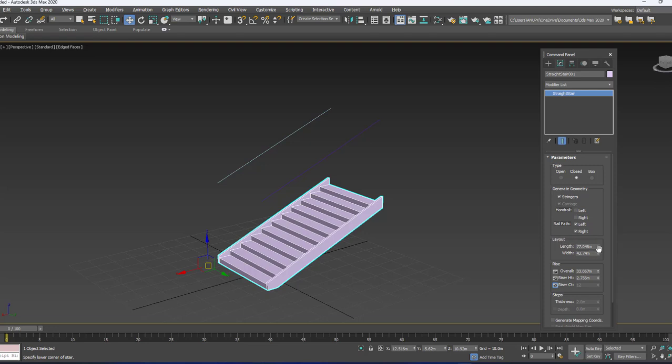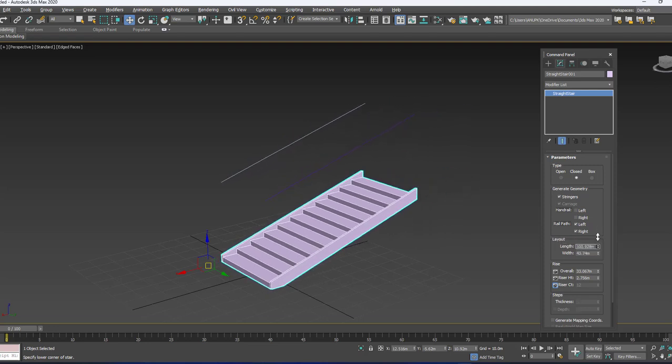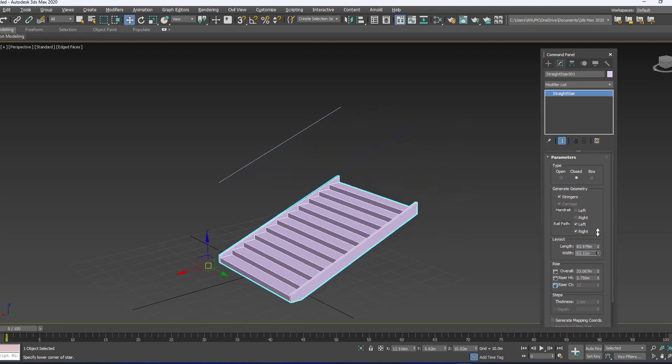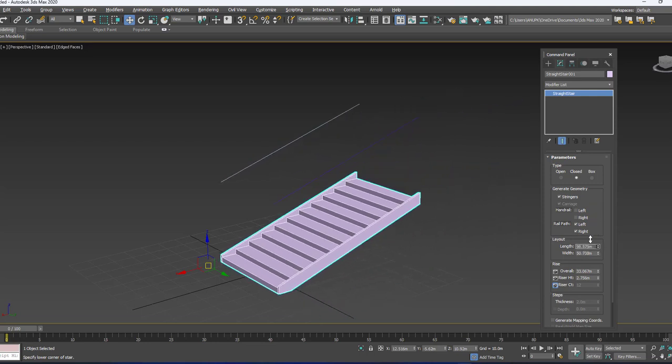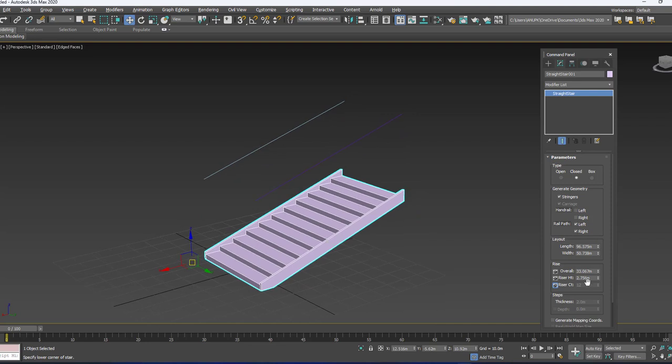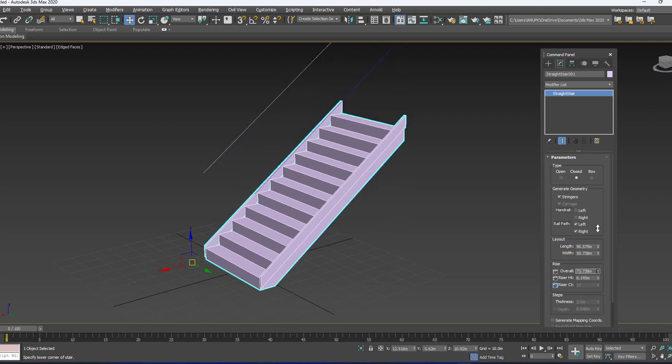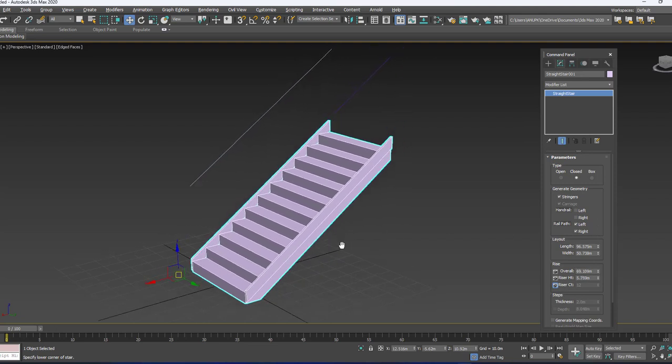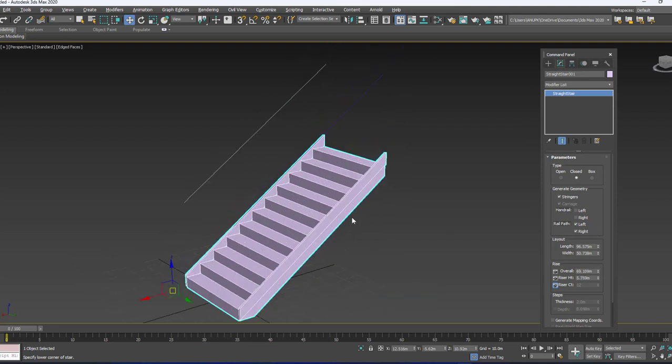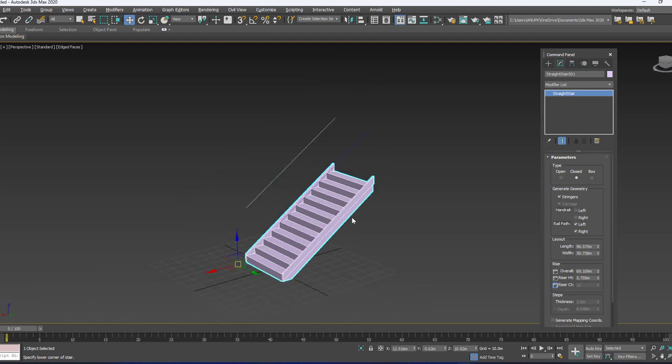Next, we have the layout, that is length, how much length you want and then how much width you want. According to that, you will get the tread and riser height depending on the slope and length. Next, here we have the riser, that is overall riser, not the individual riser. In order to draw the stair according to the tread and number of risers, we can use the shape option